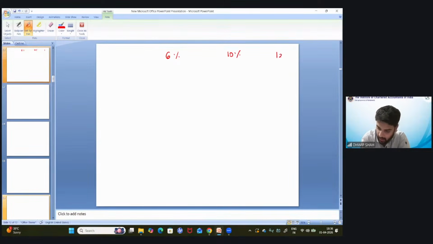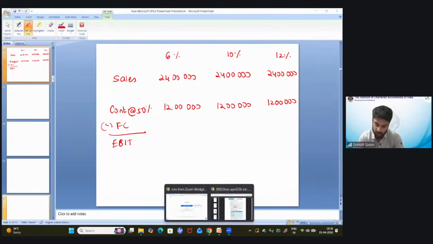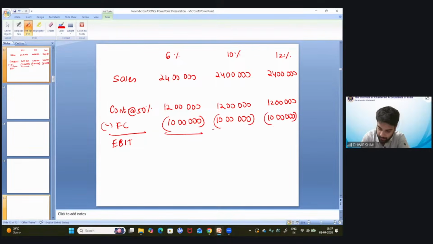6%, 10%, 12%. Sales is given as 24 lakhs. Correct? Variable cost is 50%. So can I say contribution or PV ratio will be at 50% of sales? So 12 lakh, 12 lakh, 12 lakh. इसमें से हम फिक्स्ड कॉस्ट माइनस करते हैं तो हमें ईबीआईटी मिलेगा. Fixed cost, how much it is given in the question? It is 10 lakh. So 10 lakh, 10 lakh, 10 lakh. ठीक है? So my EBIT comes to 2 lakh,